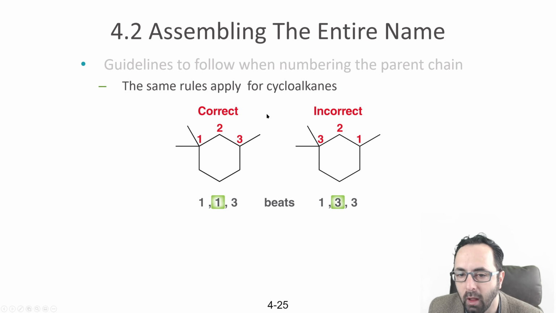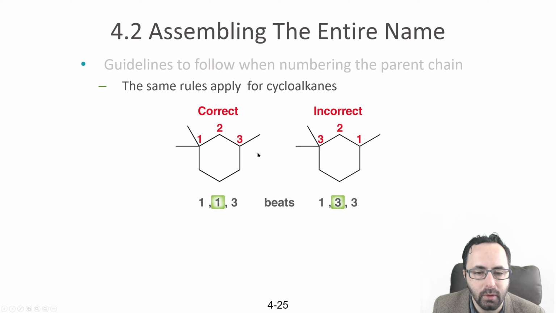These same rules apply for cycloalkanes. The only difference with cycloalkanes is that when you number, you can start with number 1 anywhere on the ring. So you're going to want to choose the part of the ring where it has a branch. You're always going to start numbering from a branch. And so here we're going to number from the branches on the left, because if we list all of our branches, we have 2 on number 1.